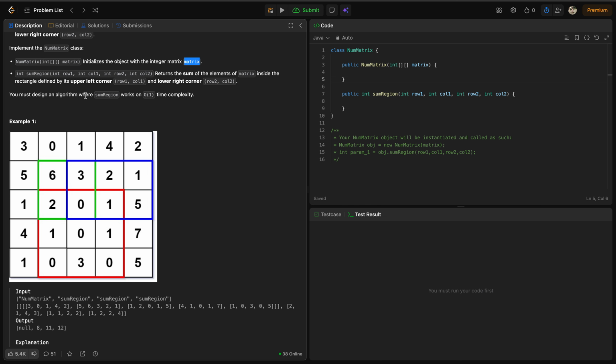You must design an algorithm where some region works in order of 1 time complexity. तो आई थिंक ऐसा कुछ करना पड़ेगा कि सम ऑलरेडी स्टोर्ड हो कहीं पे। जैसे ही हम इनिशियलाइज़ करें, हमें हर एक बॉक्स का सम पता हो जाना चाहिए। तो उसके लिए हम क्या करेंगे कि जैसे मान लो कि पूरा जो चीज़ है उसका सम हम यहाँ पे लिखेंगे, ठीक है।